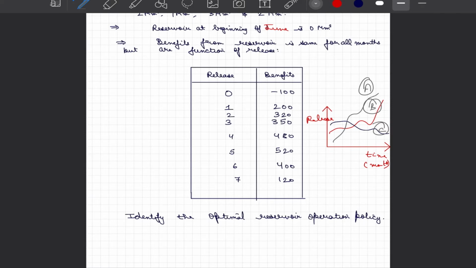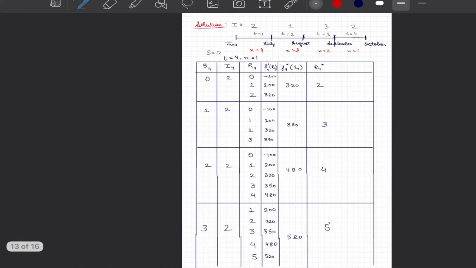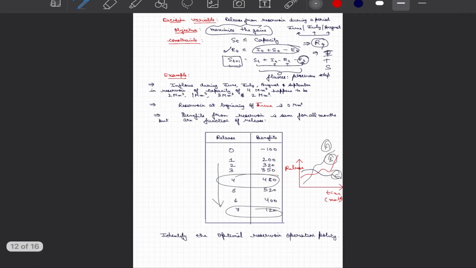Because it could happen that whatever water we get in one month, we release everything there, and we see that as the release is increasing, our benefits are not monotonically increasing. For some releases, even for higher releases, we are going to have less returns as compared to some of the median releases, and that is where we have to optimize. Second thing is that these units are going to be big. As I said, it could be billion rupees or $1 billion. So the sensitivity of the system is high. 480 is very different from 350 in the present case. So we have to be mindful of that.